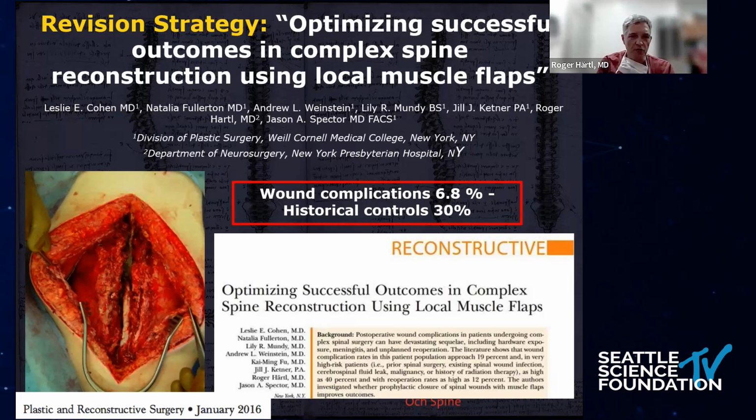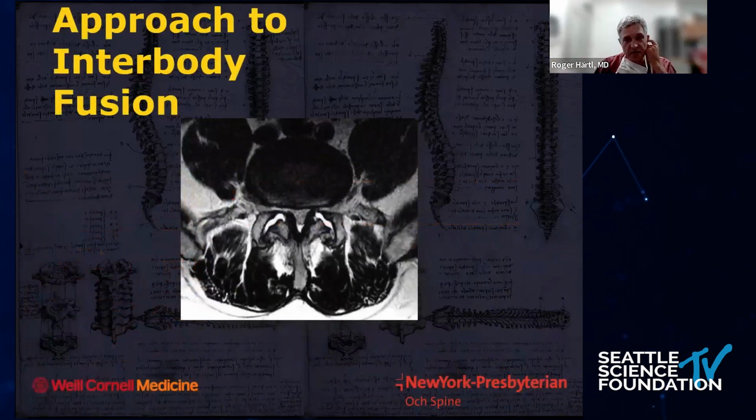Obviously, if you go back through a tube, there's nothing the plastic surgeon can do. But if you really have a hard time closing a leak and you make the incision bigger, then the plastic surgeon can allow you to put the muscle flaps down and get rid of the dead space.